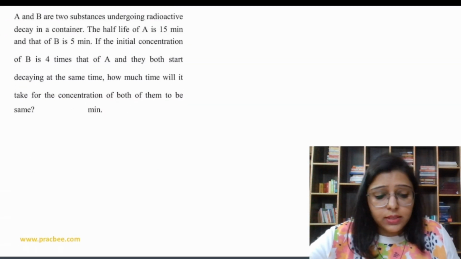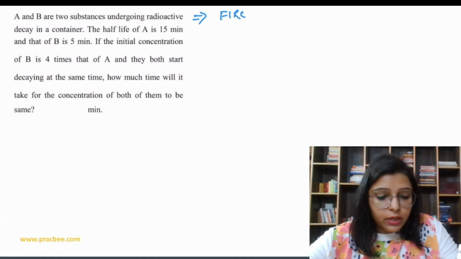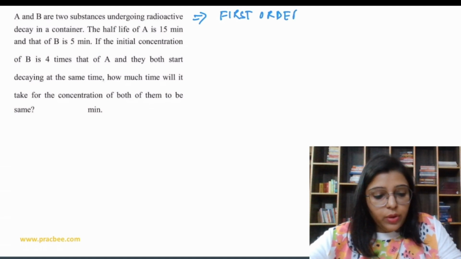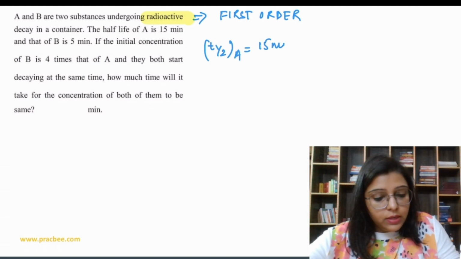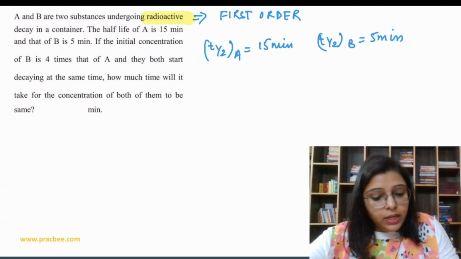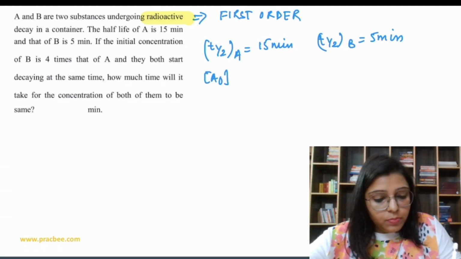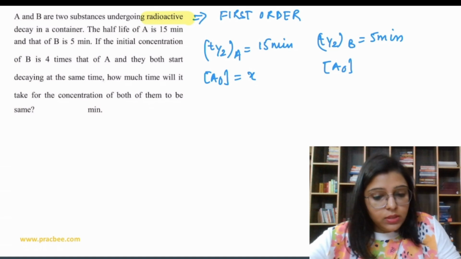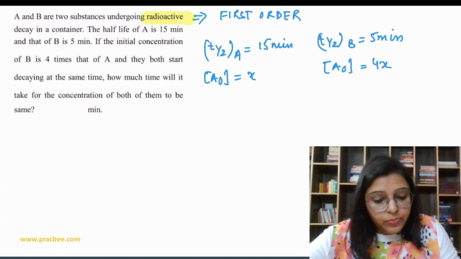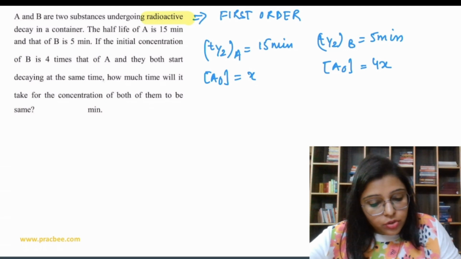A and B are two substances undergoing radioactive decay. Now radioactive decay means it's a first order reaction. Why? Because it's a radioactive decay. Fine. The half life of A is 15 minutes and that of B is 5 minutes. So T half A is 15 minutes and T half B is 5 minutes. Fine. So if the initial concentration of B is 4 times, suppose A naught is x for one, and for B it is 4x, and the final concentration,